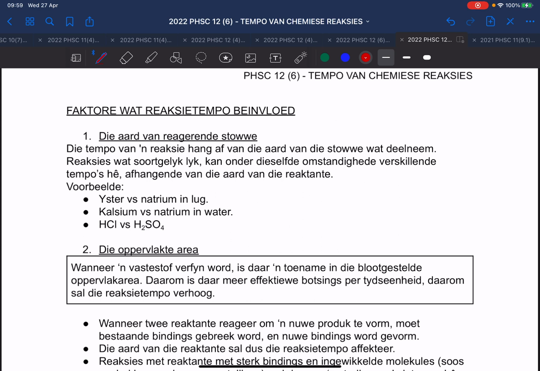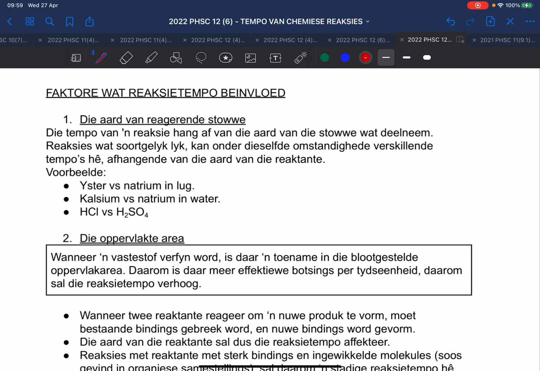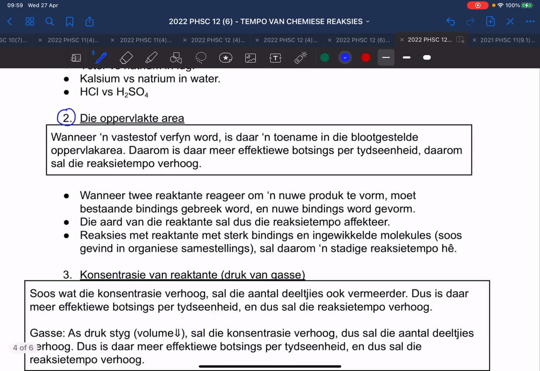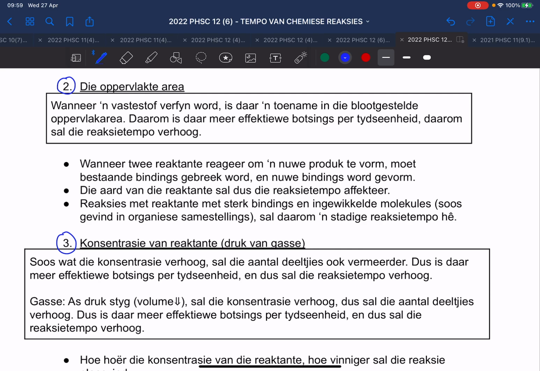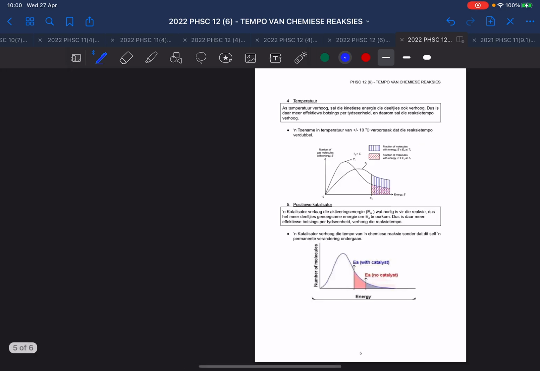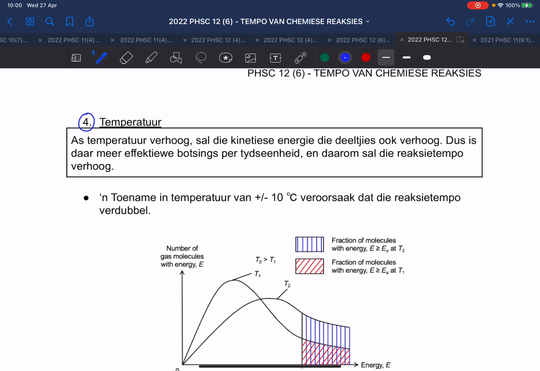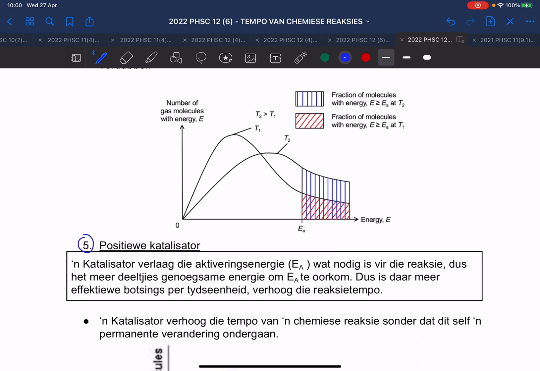Alright, there's 5 things that influence the rate of a reaction. 5 goeters. Okay? The first thing there is the aard van die reagense. The nature, thank you. Then the surface area, die oppervlakte area. The guy mentioned all of this in the video. Then the concentration, die konsentrasie. Dan op die volgende bladsy staan die temperatuur, the temperature, and then a catalyst. Katalysator. Okay, so ons gaan al 5 goeters noem and you must know these 5 things and you must know how they affect the rate, en dan moet jy nog vrae daaroor kan beantwoord ook.